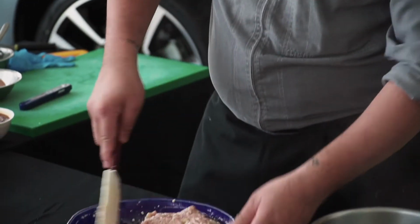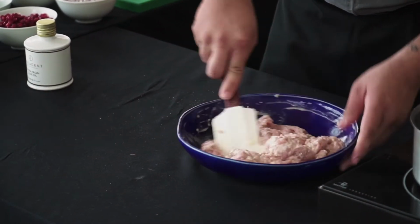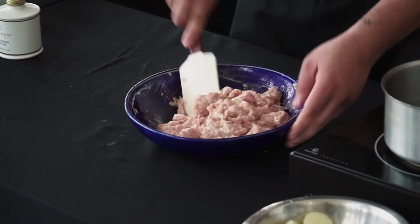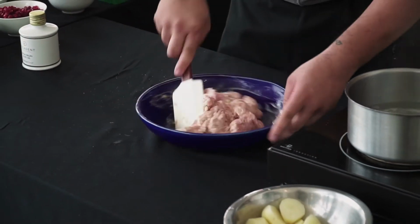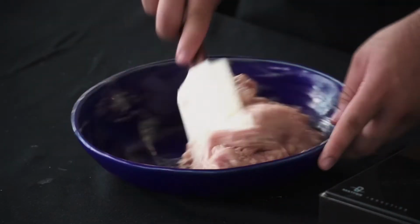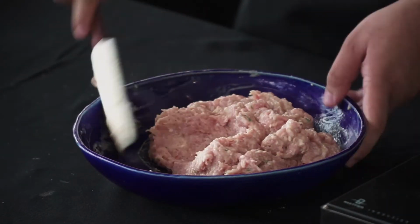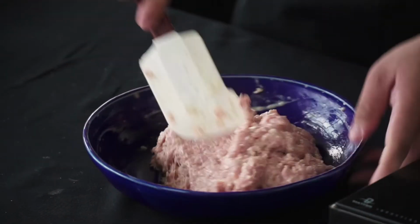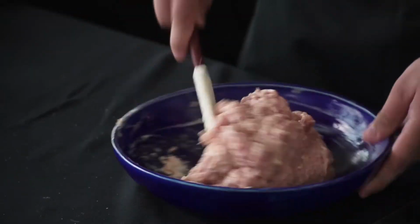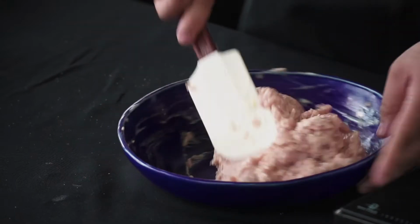Use a rubber spatula, easy. If you don't want to have your hands dirty, just use a rubber spatula like I do. See? You can see the mixture is folding in already. The color will get lighter and brighter. This means the product has been mixed well already. So what I'm going to do next is to